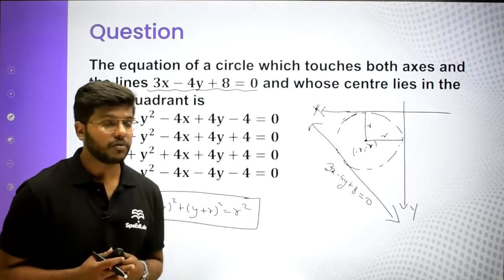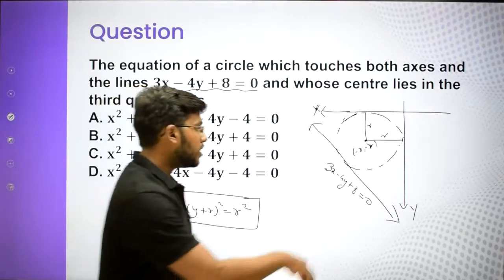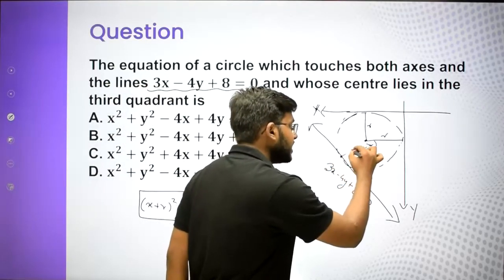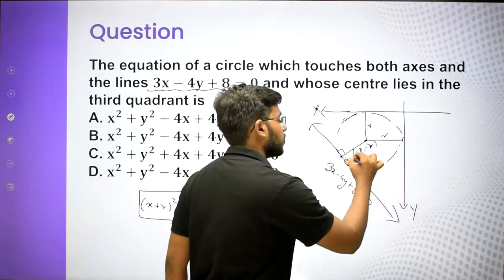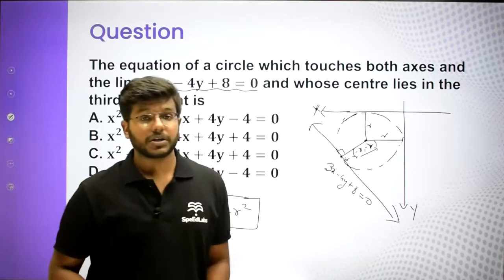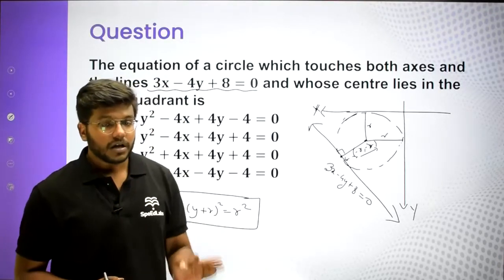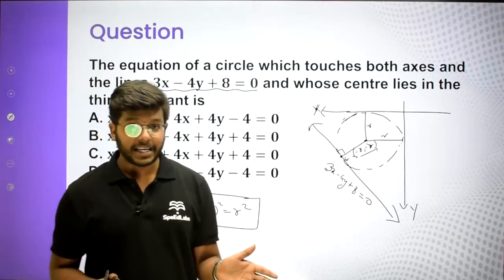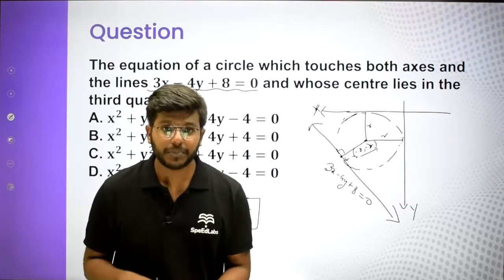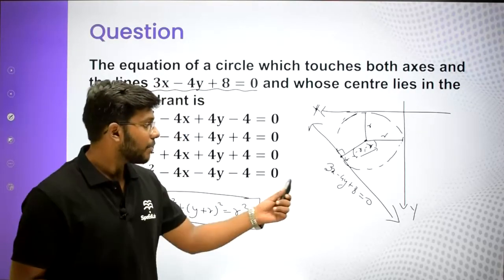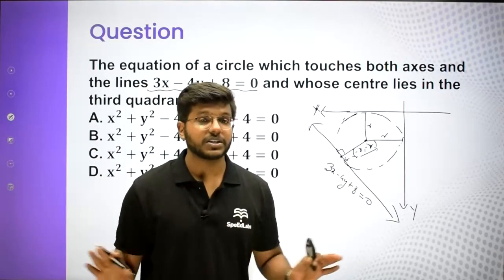Yes, it's very helpful. So guys, if a line is a tangent to a particular circle, what can I say? I can say its perpendicular distance from the center will be equal to r. This is very important, guys. If a line is tangent to a circle, the perpendicular distance of the line from the center will always be equal to r. P equal to r. But here you will not use the relation c equal to plus minus r into under root of 1 plus m square.